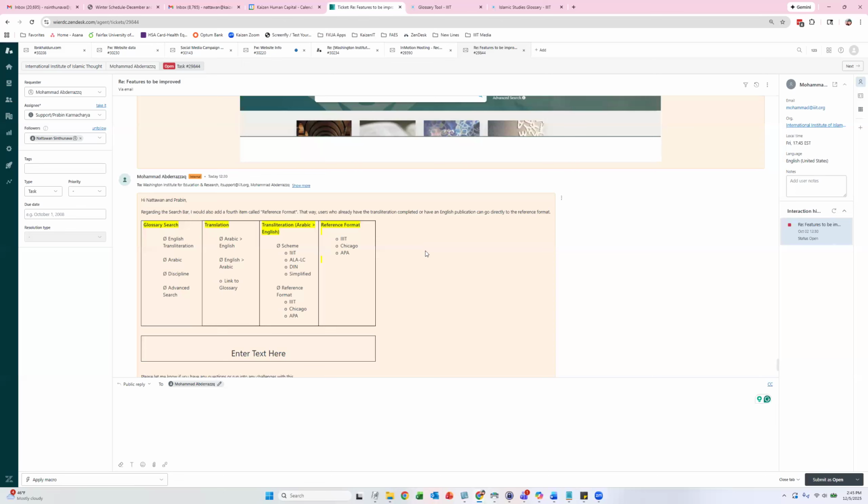So basically what I did was split up your translation tool into two separate functions. One is purely translation, which you have there, the second column from the left. The third one is purely transliteration, and the fourth one is purely reference. I repeat it over here and here, and the reason why I repeat is